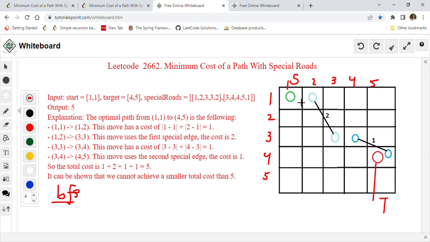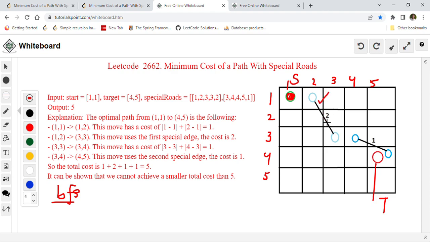So the starting point is known to us, right? So we will add this starting point into our queue, and we will start expanding BFS, right? So you will start going into the next positions. Let's say you also will keep track of the special roads that are available, right? So for example, this special road, is it saving you any distance? Yes, it is. Is it saving you any cost? Yes, because the actual cost is 3, your cost by taking the special road is 2, so you will add that into